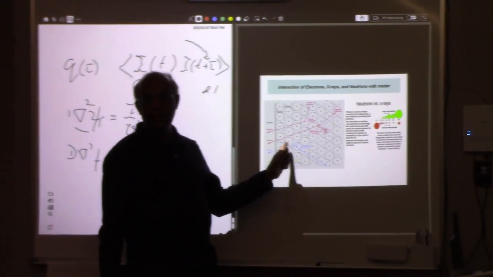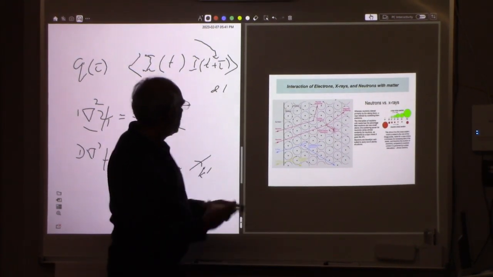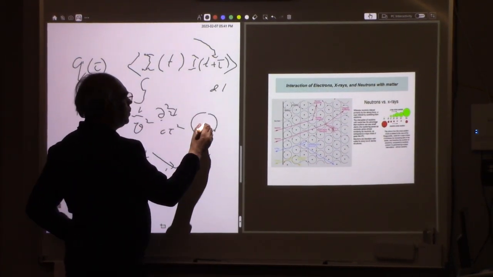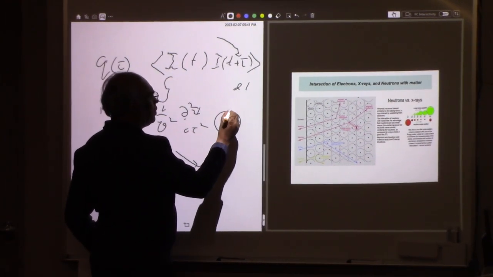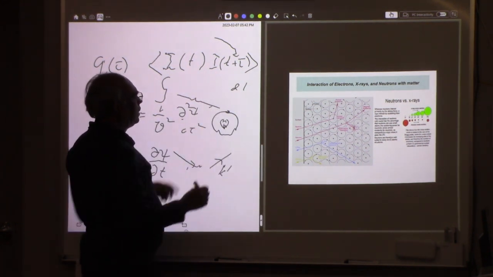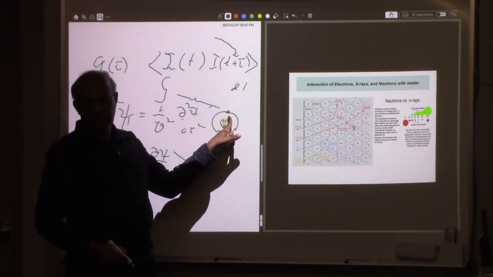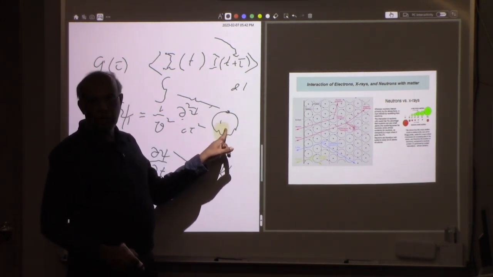So it can only interact with the nucleus. Because typically if you take the atom, you have the nucleus with neutrons and protons, then you have the electron here, right? So if you have a neutron coming here, there's no effect from the electron, right? It's a neutron. Its only effect happens from the